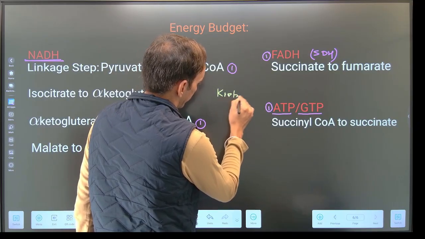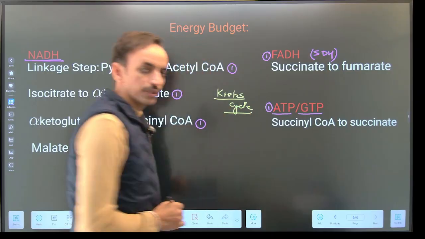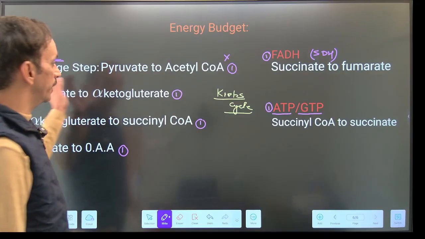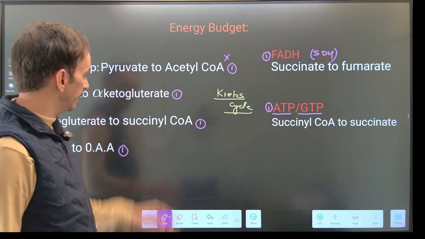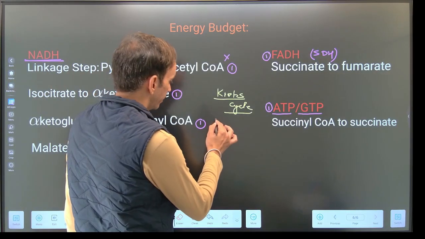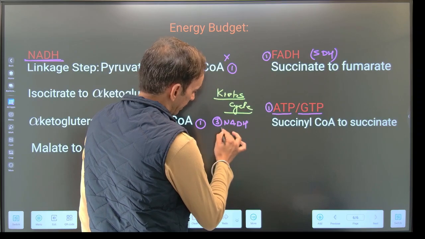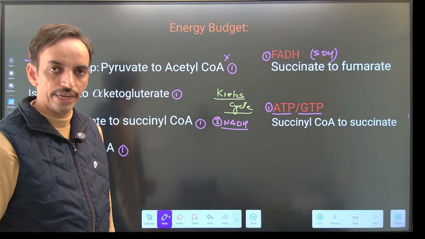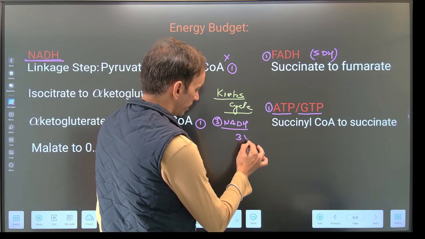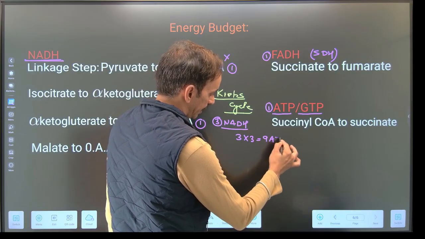Krebs cycle से कितनी एनर्जी मिलेगी, तो अपन उसके अंदर ये स्टेप include नहीं करेंगे, that is the linkage step. तो यहां पे अपन देख सकते हैं कितनी NADH है, 1, 2 और 3 NADH। So we are getting 3 NADH, और अपने को पता है कि एक NADH जब अपने इलेक्ट्रॉन ट्रांसपोर्टेशन चेन को देता है तो उससे अपने को कितनी ATP मिलती है, 3। So we are getting 9 ATP energy।